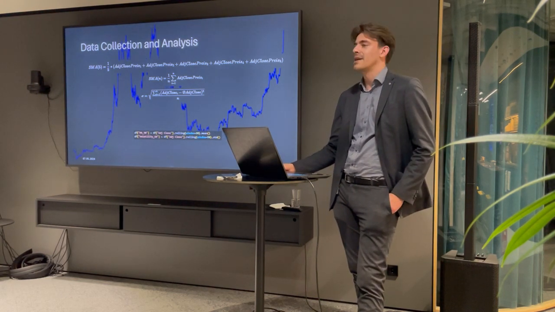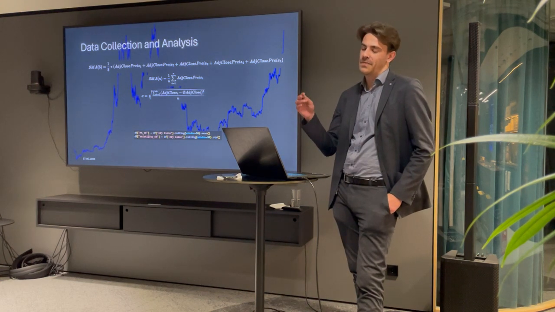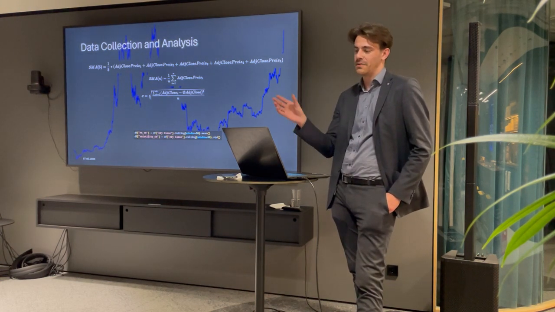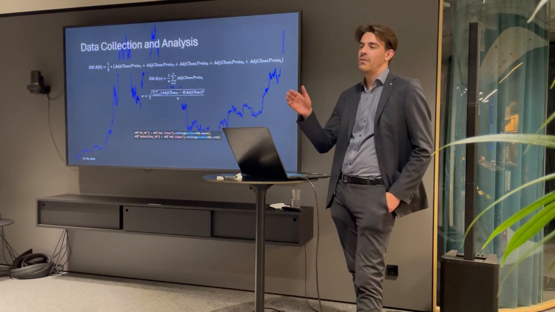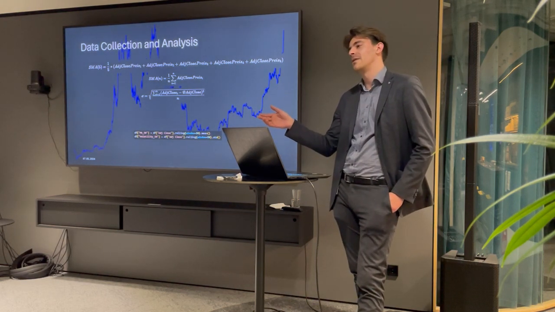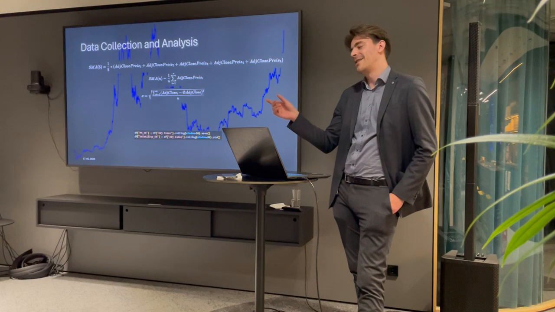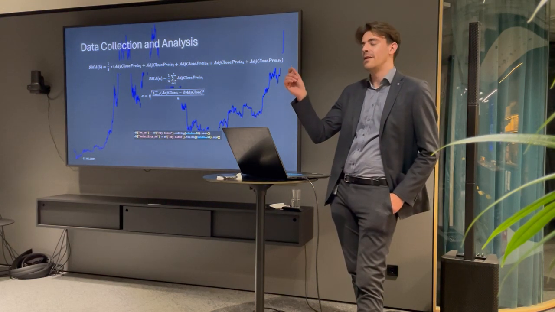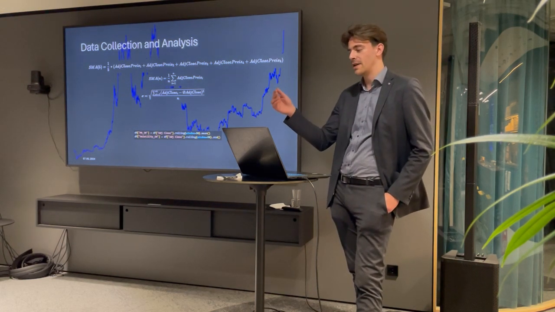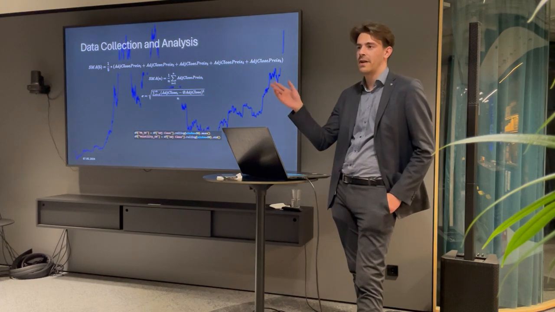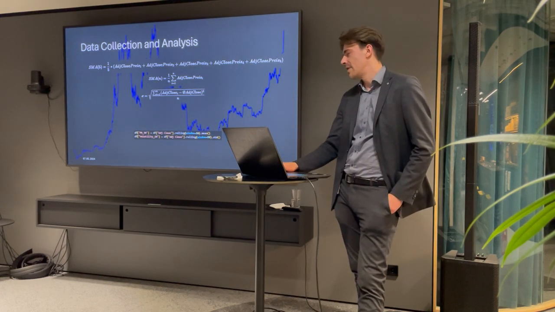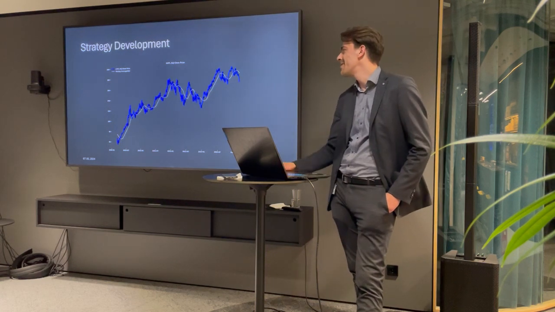The moving average is calculated by taking the average over a certain period of time, and then you move one time step further. So for the calculation, the oldest price will drop off and the newest price will drop in, and therefore you have a moving average. You'll see later on how that looks. Actually, you see here how that looks.